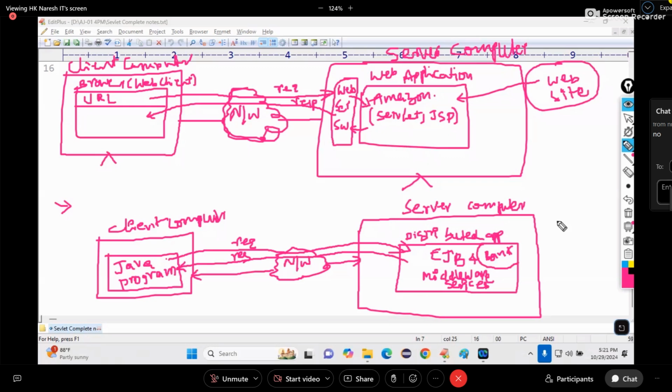What is an interoperable application? An application which is distributed.